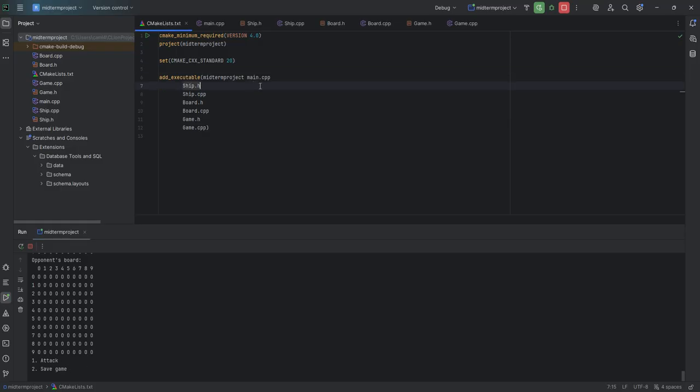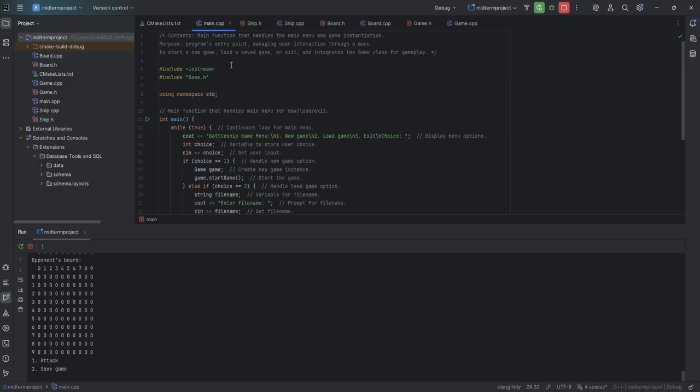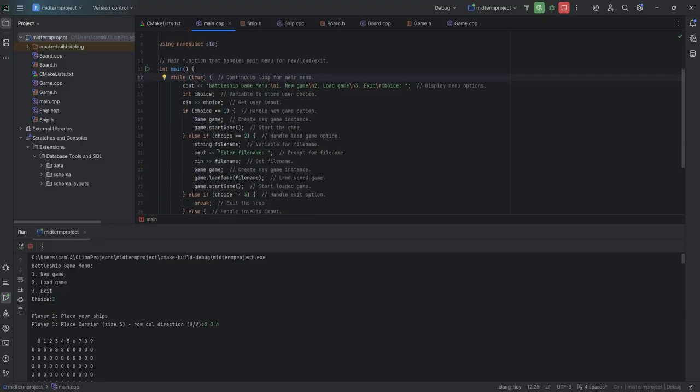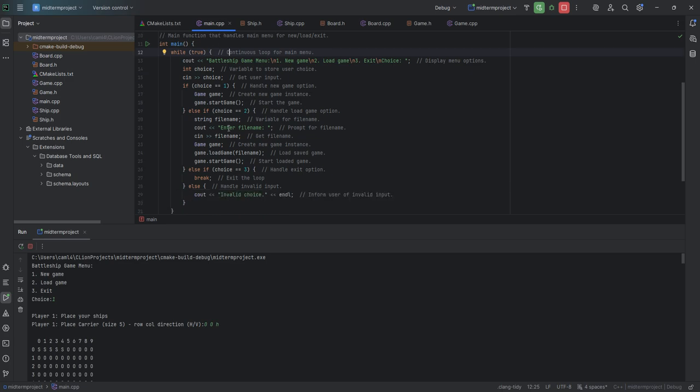So for the CMake lists text, we have the header files for the declarations, source files for implementations, and it handles the building of the project. We have our main CPP, which handles the main menu and the logic. So we have a continuous loop to display the menu options: new game, load game, exit. And for a new game, it displays the menu text, reads the user's choice with the input, and then branches off that. So for a new game, which would be 1, it creates a game instance and calls its start game method